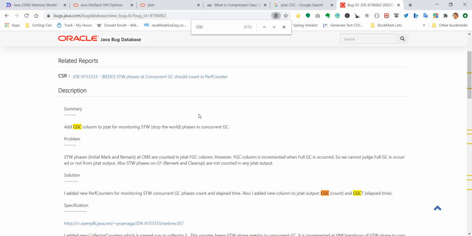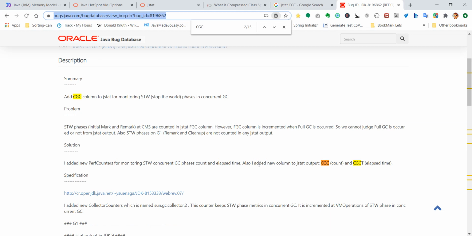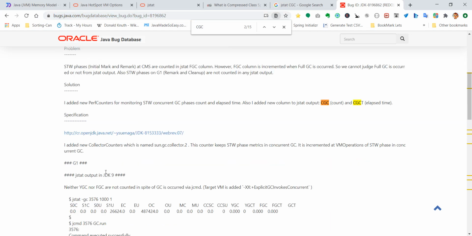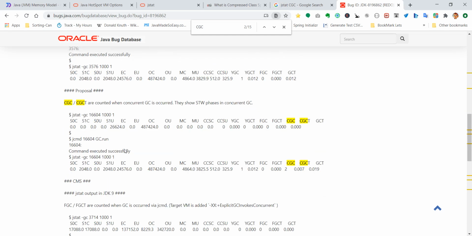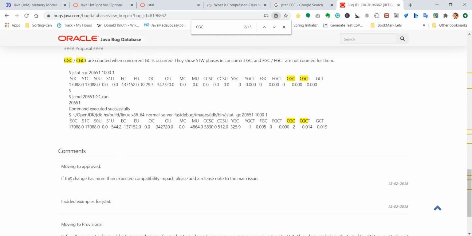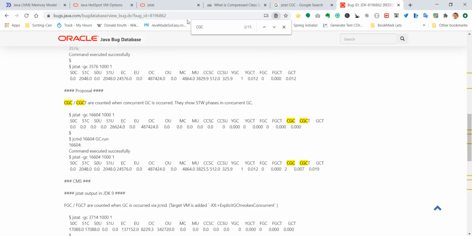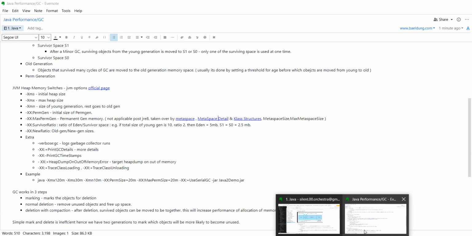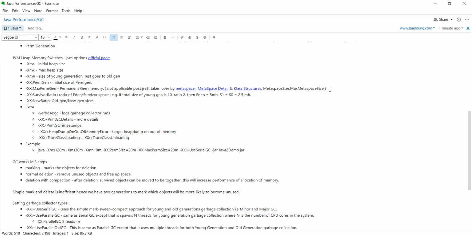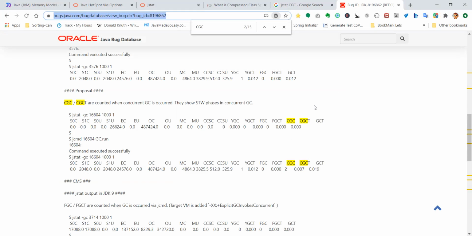So this is actually the bug that adds to JSTAT a new column called CGC and CGCT. Basically it runs concurrent. I'll keep this link here. So CGC is basically the concurrent garbage collector.